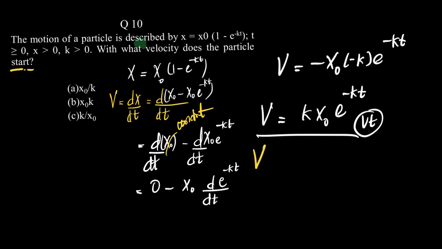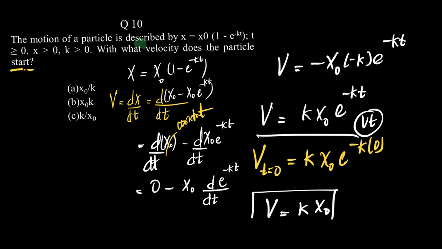So velocity when the particle starts is given by v at t = 0, which is basically k x0 e^(−k·0). e to the power 0 is 1. So what do we get as the answer? We get v = k x0. So the correct option here would be option